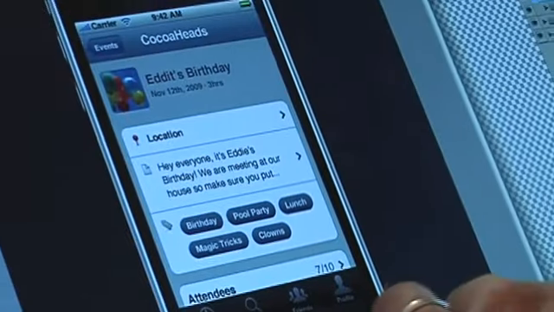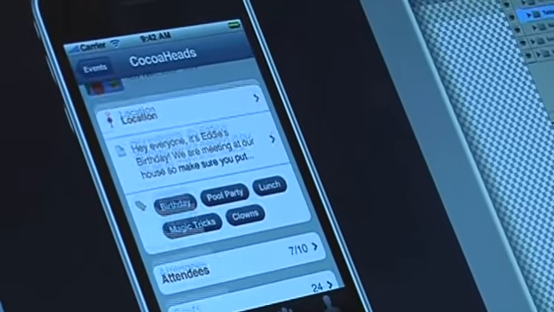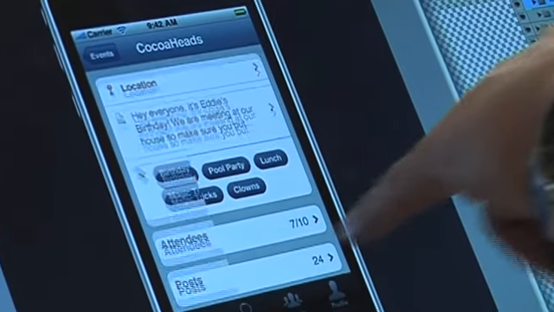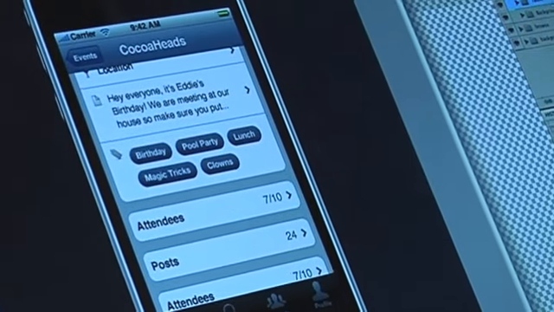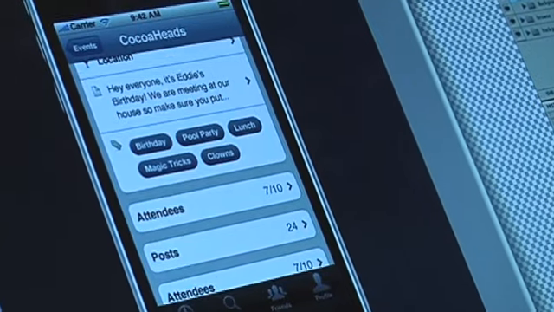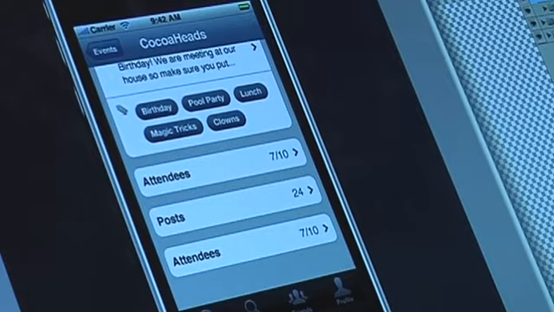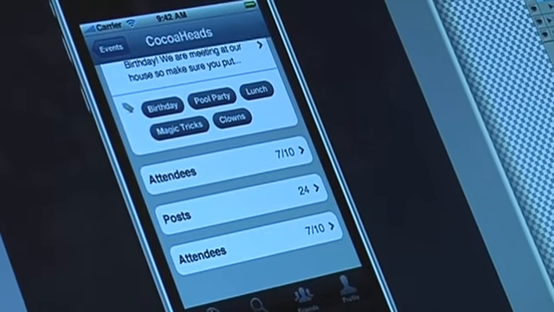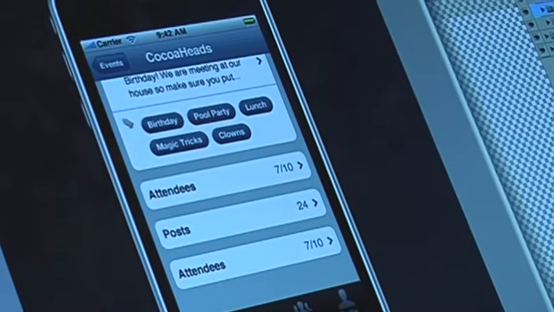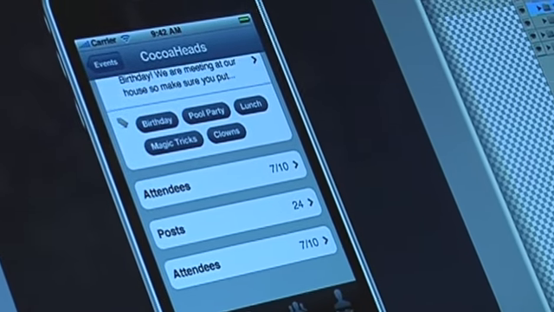So it goes up, if we're scared. Scrolling's fine, a little bit of scroll's good. So it goes up and then you can view the attendees. Oh, good. And it's then going to have those nice little bits. And then the posts. Because they have posts. And then I was going to turn that into a share button. Sometimes you can say invite your friends. And I think that's it.